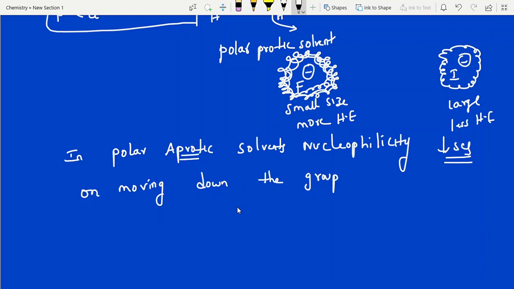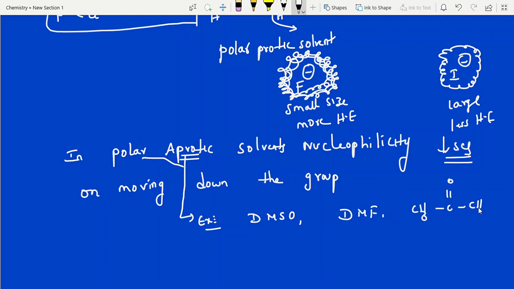Polar aprotic solvents means there is no hydration. So let me give examples of polar aprotic solvents. DMSO, dimethyl sulfoxide, dimethyl formamide, and acetone, like this. Okay, let me write the structures here also. See, in the previous class also I showed this one. This is minus, this is plus. Polarity is there, but carbonyl compounds are not acidic in nature. It is not giving hydrogen, it is not giving a proton. That's why, though polarity is there, it is an aprotic solvent.